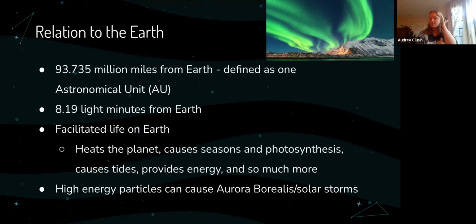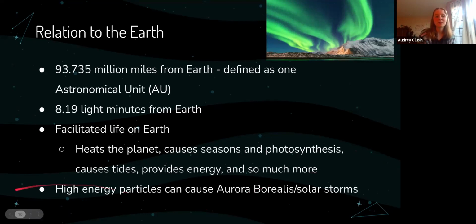It just so happens that the Earth was in the exact right position relative to the sun, the exact right size. The sun is the exact right size. So many different things lined up. It was such luck that we are here, but at the same time, we wouldn't be here unless all of those cards had aligned. So yeah, another pretty crazy thing, but it's all thanks to the sun.